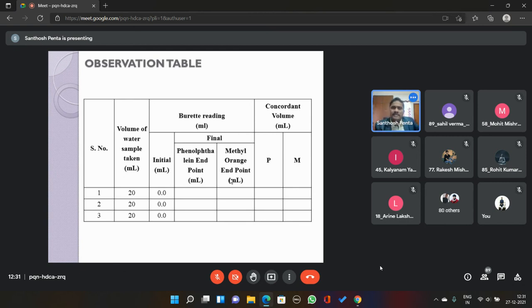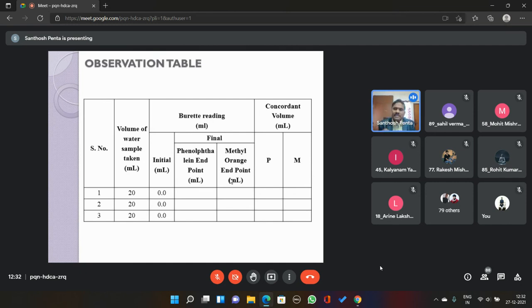Let us assume that hydroxide or carbonate ions are there. Then due to addition of HCl, those carbonate or bicarbonate ions get neutralized. Initially the solution is basic, so with phenolphthalein indicator in the basic medium, it shows pink color. So initially the solution turns pink. Pink color appearing indicates that some alkaline-causing ions are there.